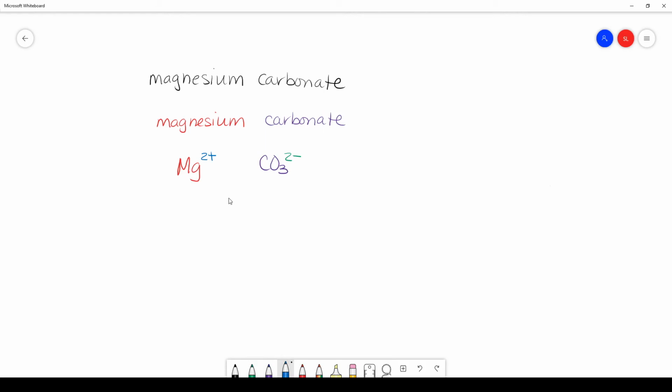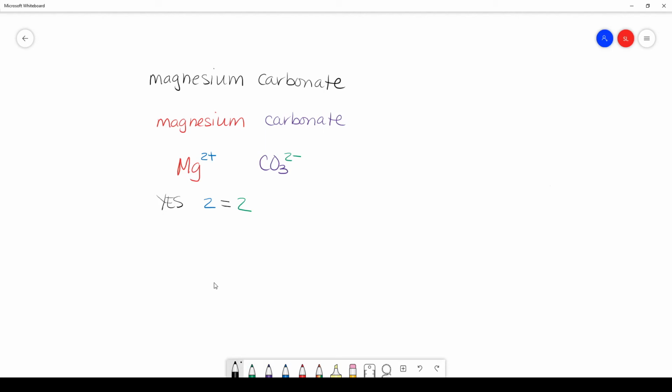Continuing through our same process, we're now going to check, are the charges equal and the signs opposite? Of course, the signs are opposite. We want to know if the values are equal. So the question is, does the 2 equal the 2? Now the answer is yes. The charges are equal and opposite, 2+ and 2-.